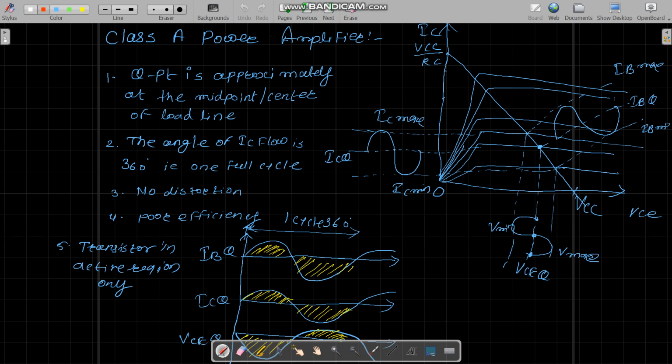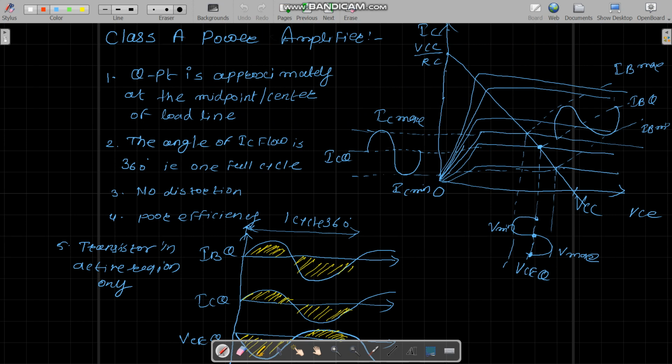On the right hand side, we can see the output characteristics of a transistor for different values of IB. Now we are going to draw the DC load line on those output characteristics, and where that DC load line cuts the axis, we are going to select our operating points. Always we try to select the operating point in the middle of the active region so that neither signal gets clipped off, positive or negative. Now in case of class A power amplifier, we are going to select the operating point exactly at the midpoint or at the center of this load line.